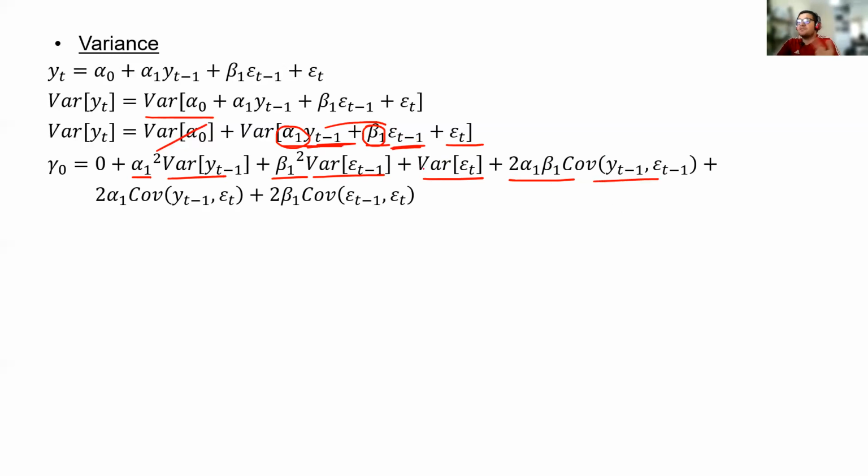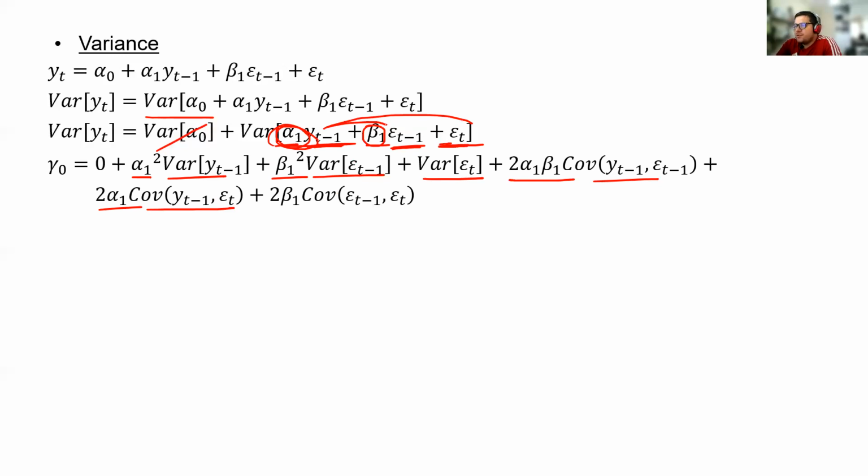We need to be exhaustive with the combinations. The next one would be yt minus 1 with et, right? So it's 2 times alpha 1 times 1